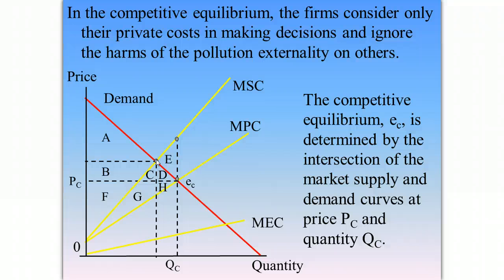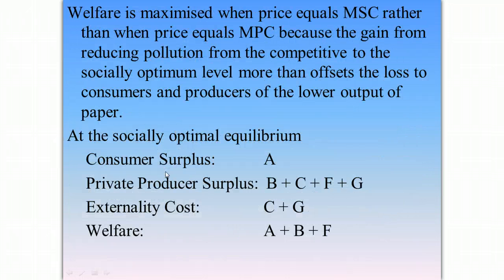But there's no incentive for the firm to produce at that point there. If the firm produces at this point here, it actually is losing out on some profit. It could earn additional profit by increasing consumption, or production, out to QC. So this is the competitive equilibrium, and this is the socially optimum equilibrium. The competitive equilibrium has a deadweight loss, too much production. The socially optimum equilibrium has a smaller quantity, and in fact also has a higher price. But there's no compulsion for the firm to produce at that level.